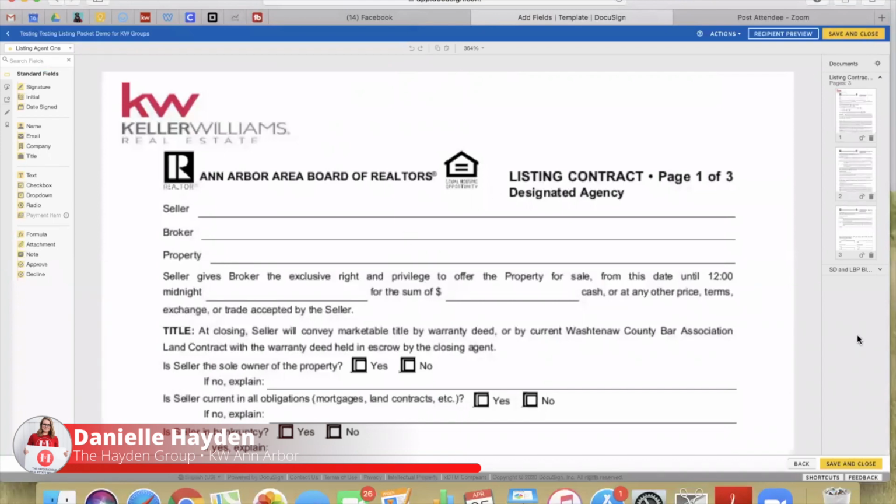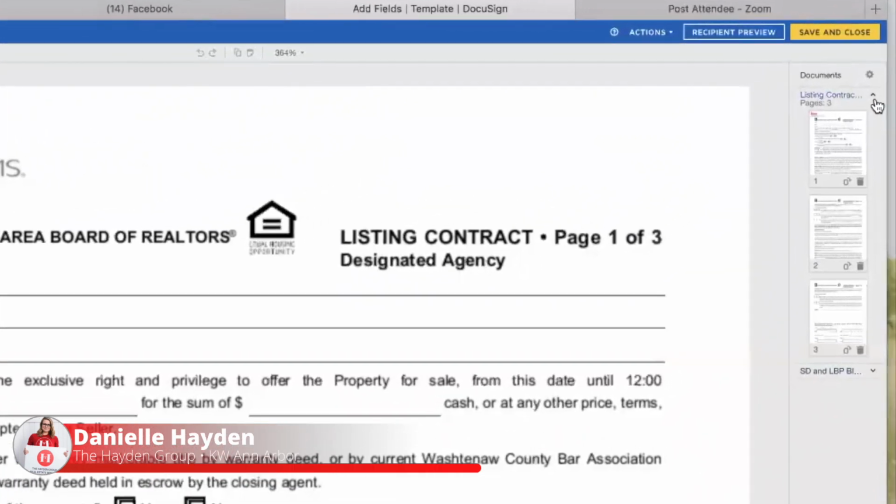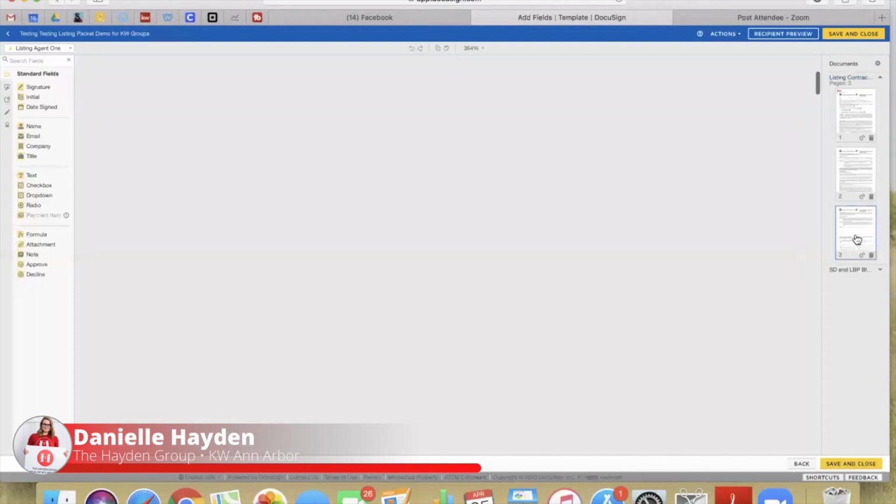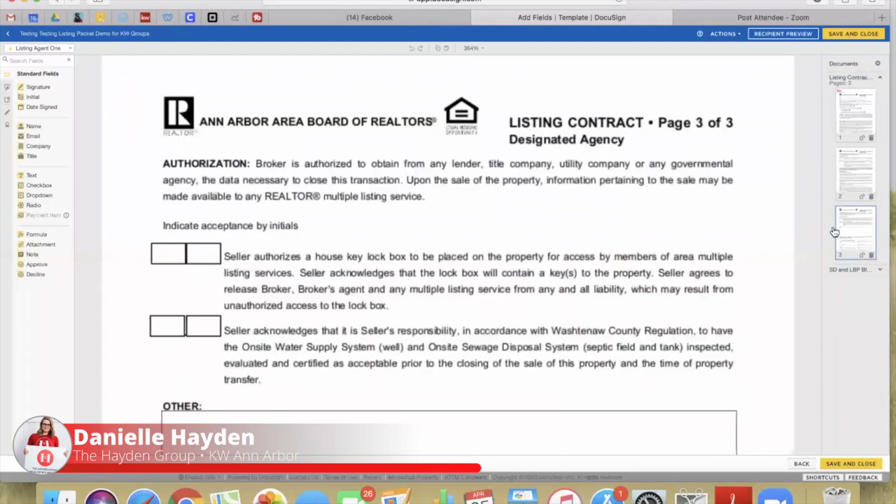All right, so what you can see here on the right-hand side, these are your documents. If you click this little up and down arrow, it will either expand or collapse your documents, okay? And this is really helpful when you've got about 12 documents here that you need to go through. The other thing worth mentioning is you can click on the page, it will take you straight there. And once we start to set fields, you're going to see which pages have fields and for which parties those